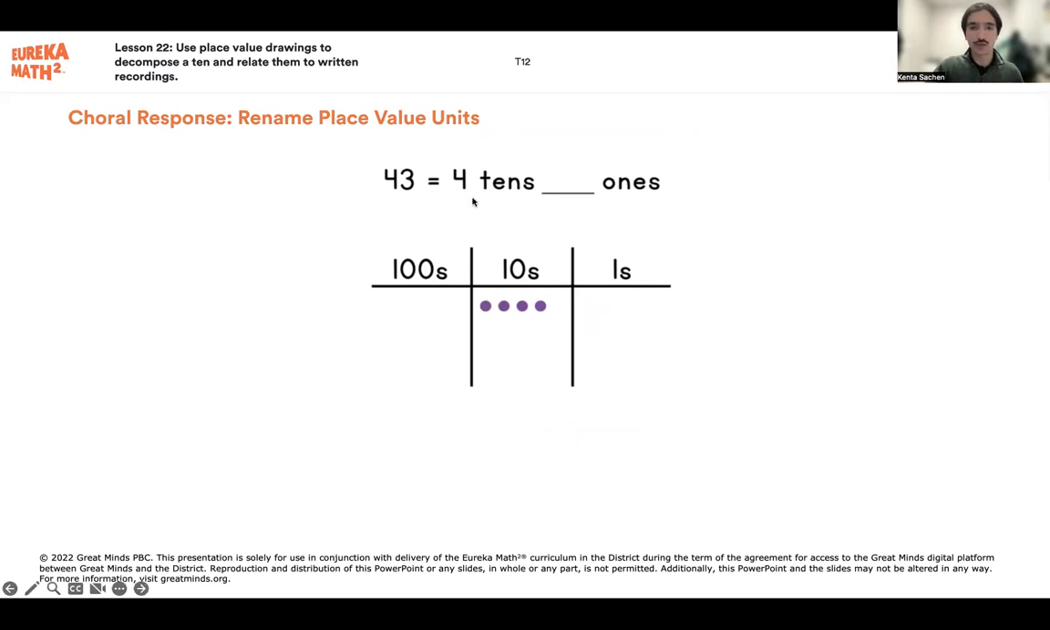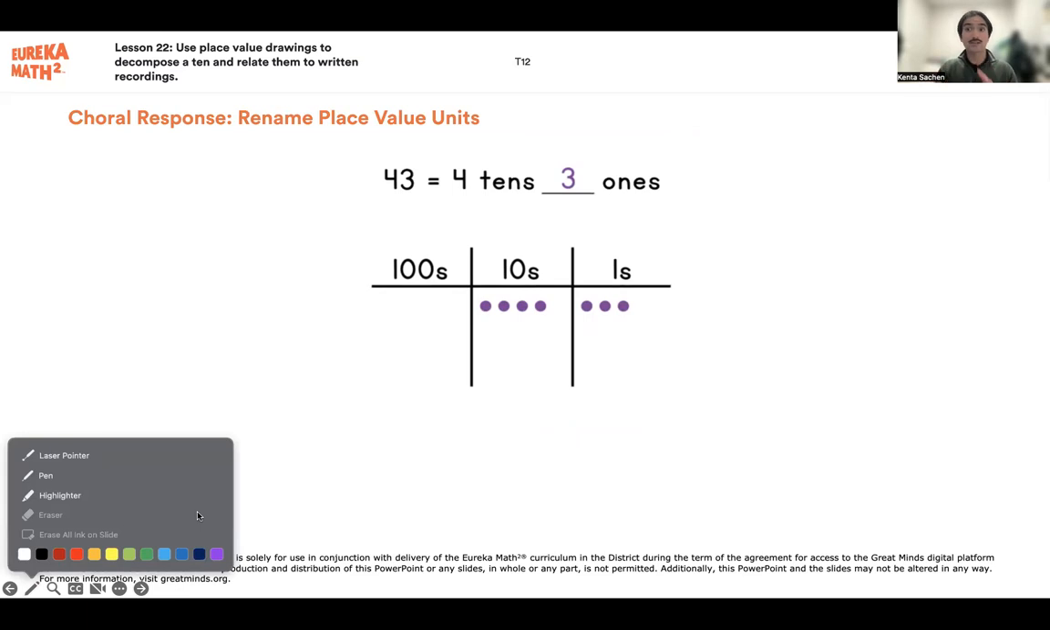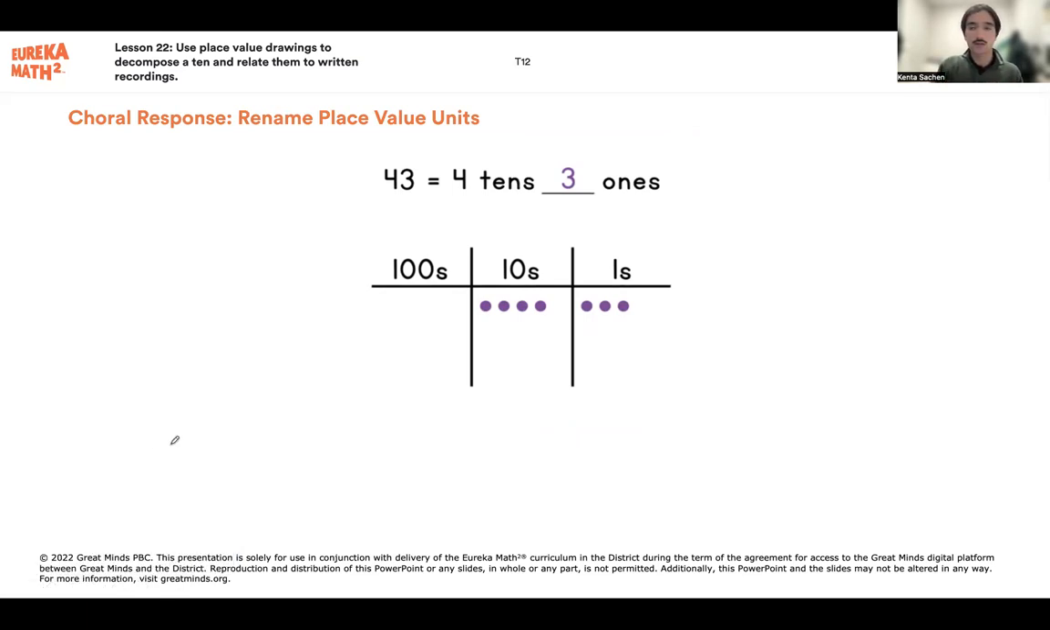right? A number like 43, we can write this as 4 tens and 3 ones, right? 43, just like we were doing. But I want you to remember back to when I was doing a little magic for us, right? When you have 110, right? 110,